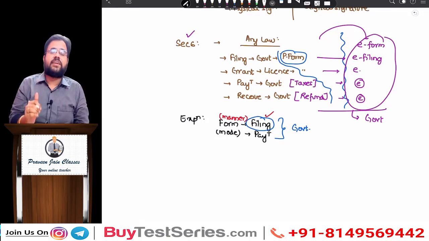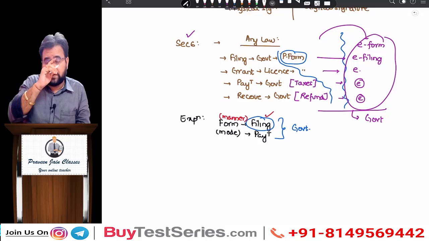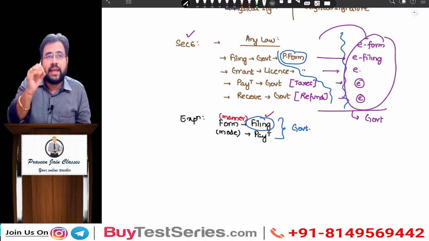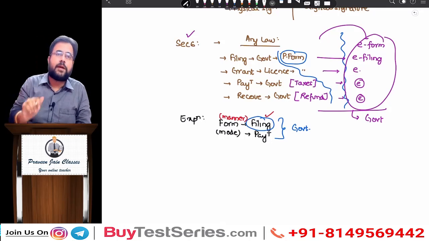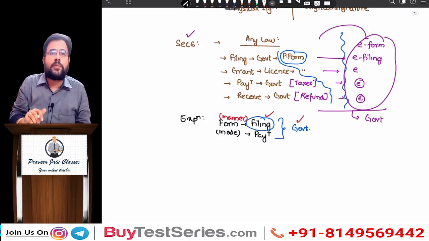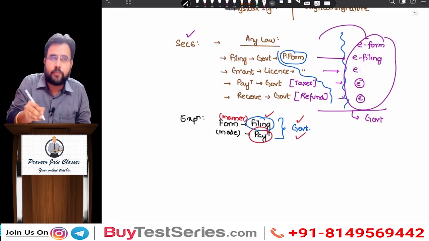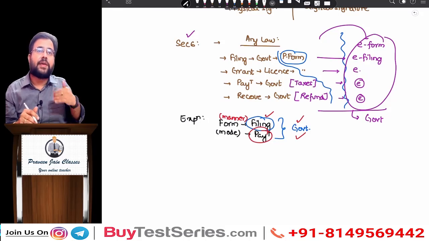It is already decided. All ROC forms should go on the MCA website, all GST forms should go on the GST website, income tax related forms should go on the income tax website. So can I say manner of filing? Who will decide? Appropriate government. Sir, payment kaise karenge? Who will decide? Appropriate government.